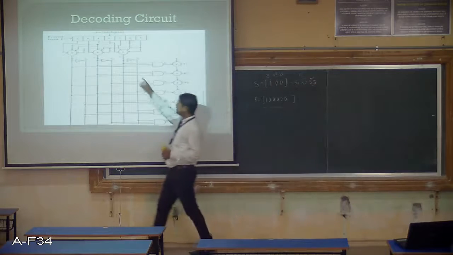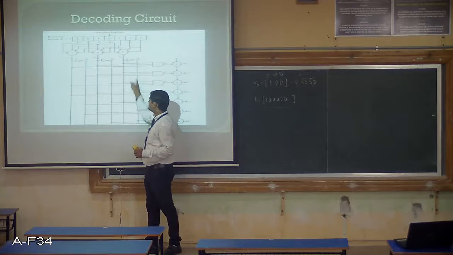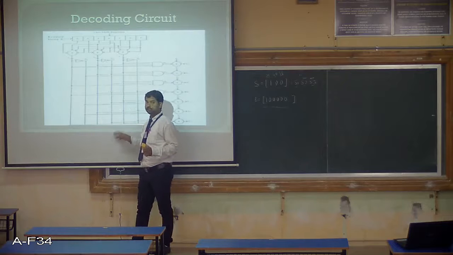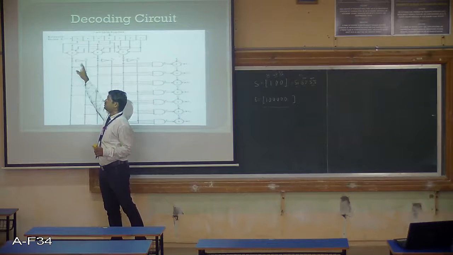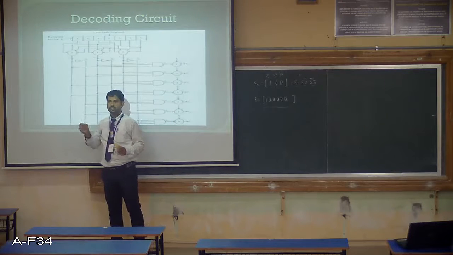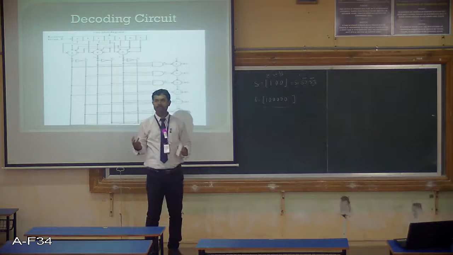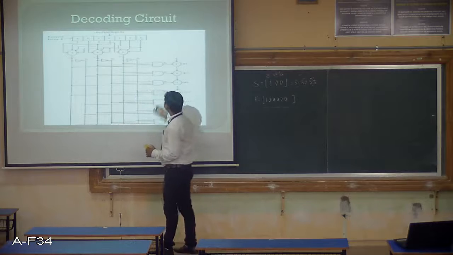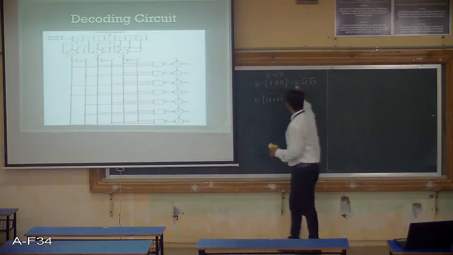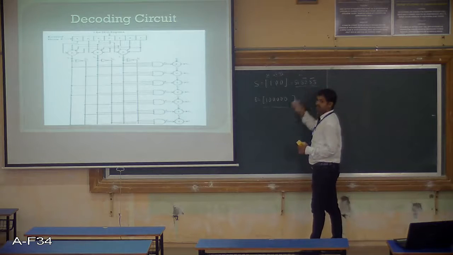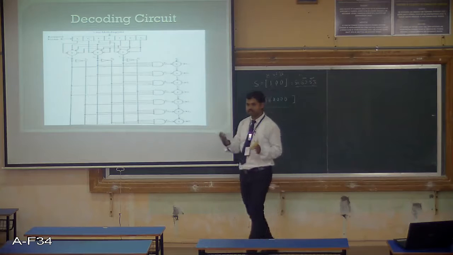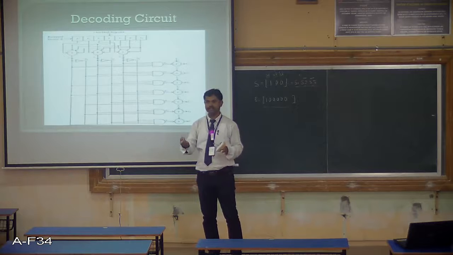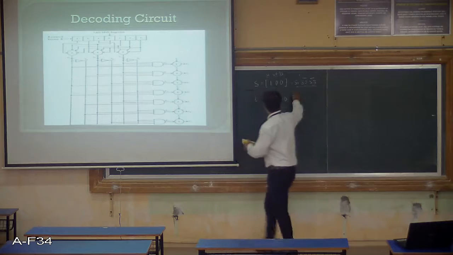So with the help of this, S1, S2, S3, now this is S1, S2 bar, S3 bar. S1 is there. If you use one NOT gate, it becomes S1 bar. S2 is there. If you use a NOT gate, it is S2 bar. S3 is there. If you use a NOT gate, it is S3 bar. If S1, S2, S3 are available, indirectly S1 bar, S2 bar, S3 bar I can get. So this particular combination I can capture. Whenever that 100 appears, I can detect it in the syndrome circuit. How can I detect? S1, S2 bar, S3 bar.